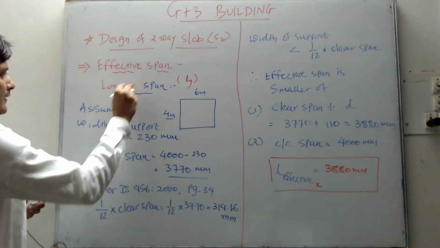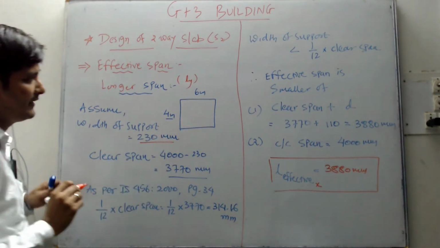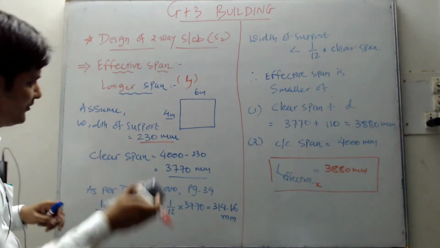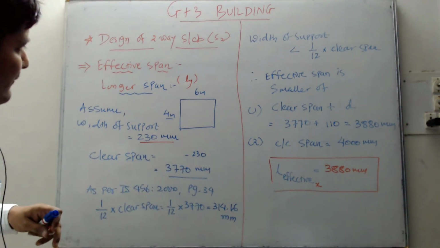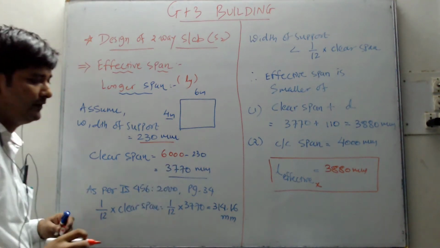So this assumption will remain the same. This is as it is, 230 mm. The clear span value will change here. Previously it was 4000 multiplied by 230. Here it will be 6000 minus 230. So if you calculate this,